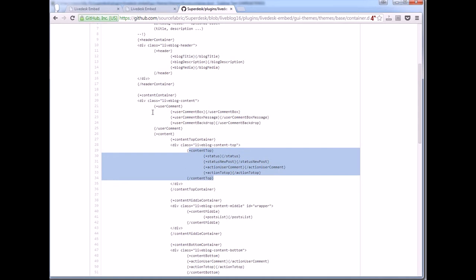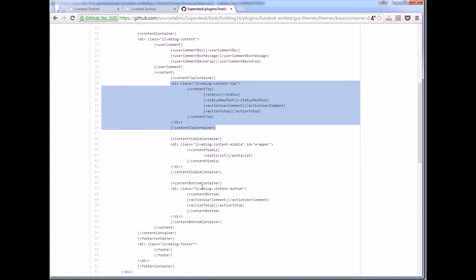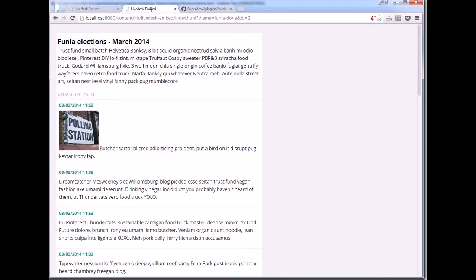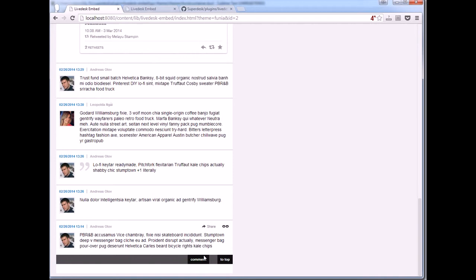In content and content top you have all this info, and also content bottom. In content top, we want to delete all except the update info. We want to have update info here. And in content bottom we will delete everything.